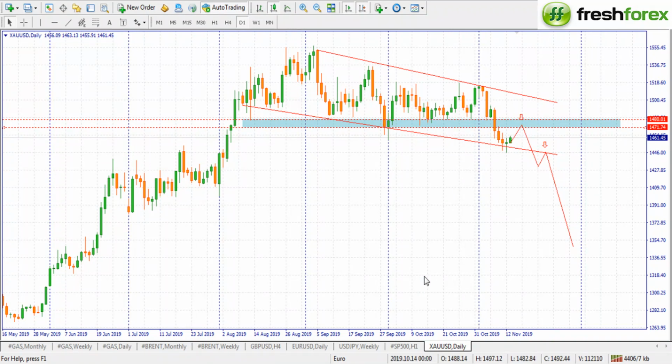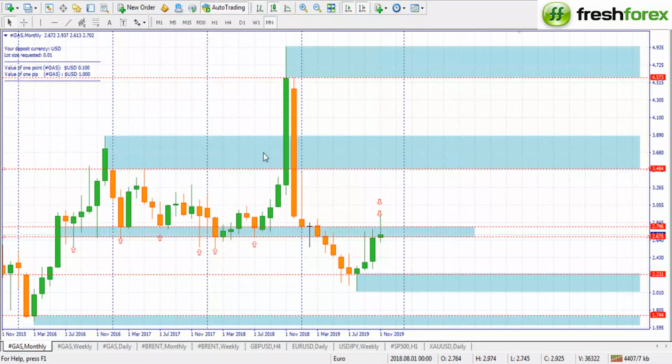So one more thing, I have a very good trade on gas. If you are trading fuel, you can trade this. This should be a very good sell on the monthly. So we have a very good support where we've seen a break. There's a retracement. Currently there's a pin bar which is forming. So if it closes a pin bar, next month you should be able to pick a sell on this one. Prepare to sell gas. If it closes the way it is now, or if it closes red, look for a sell order up to